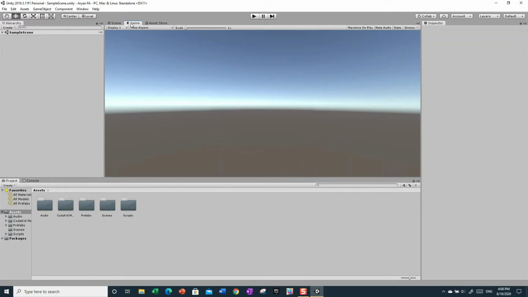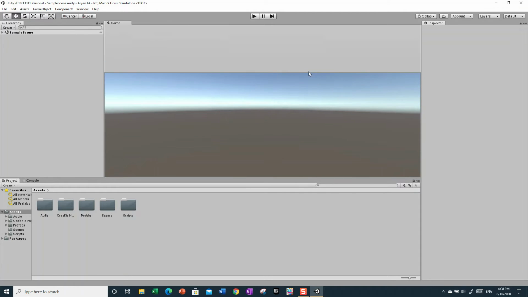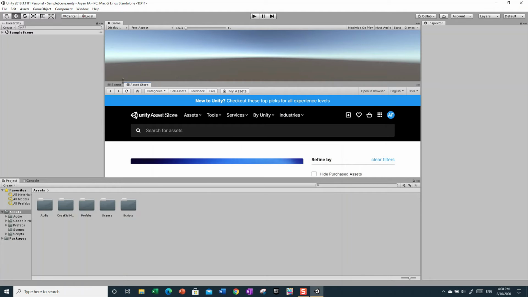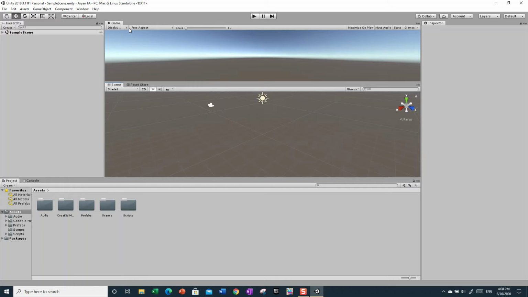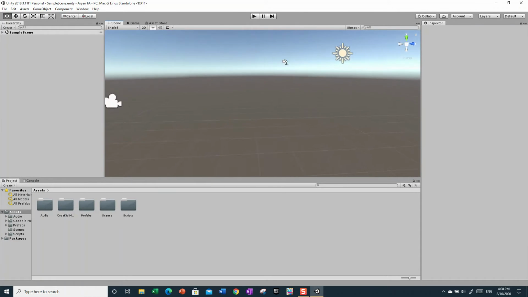So that is how you can move the little things around. You can make it half game. This is the game area, or the asset store, or scene, and you can make this part game. It's pretty cool. And if you ever want to go back, you can press default, and there it is. Default scene made just for you. And now,